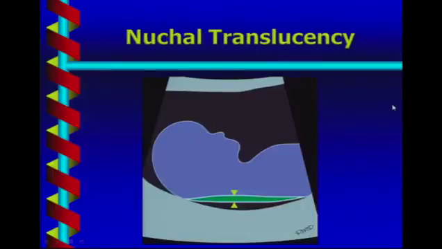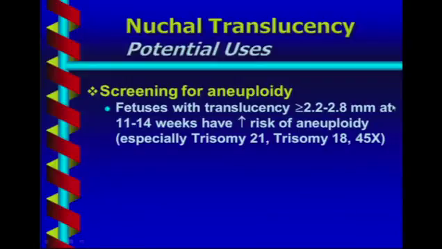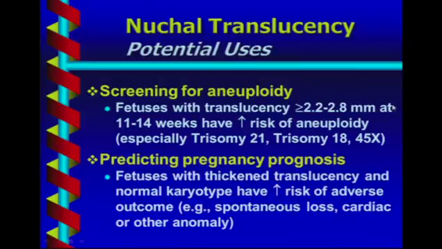What about the nuchal translucency? Potential uses here are screening for aneuploidy, or abnormal chromosomes, and in and of itself, it gives some information. Fetuses with a nuchal translucency bigger than roughly 2.5 millimeters at 11 to 14 weeks have an elevated risk of aneuploidy, especially trisomy 21 or Down syndrome, and it gives information about pregnancy prognosis beyond aneuploidy